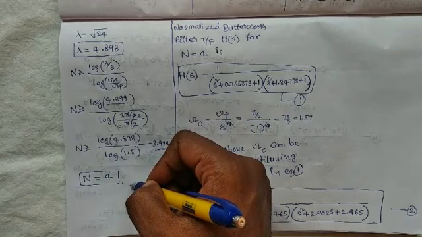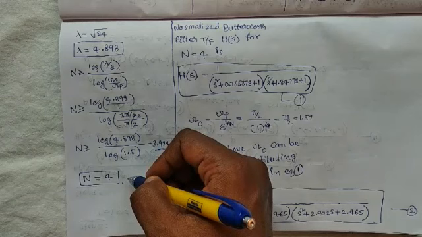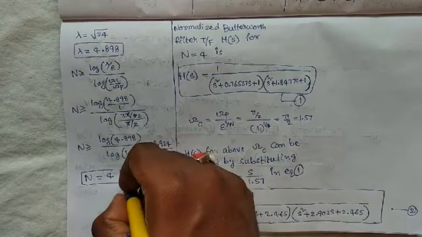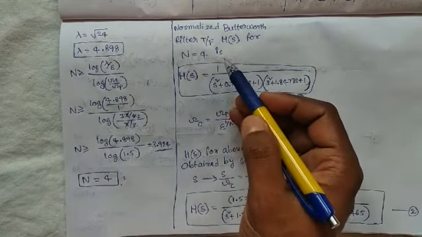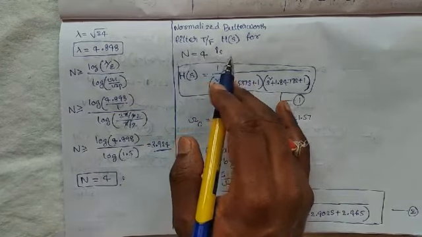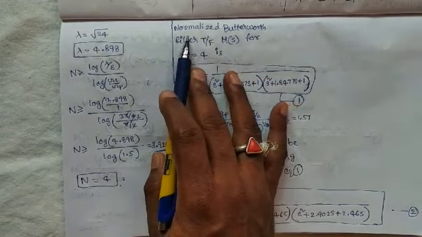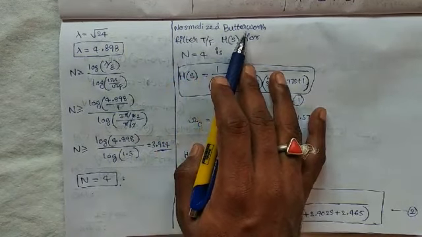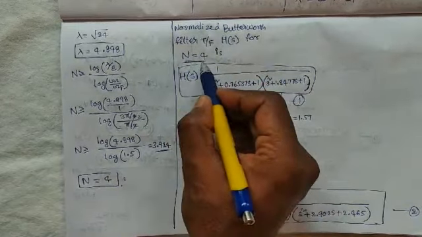The following steps are used to design the analog Butterworth filter. The first step is determining the order of the filter. The second step is rounding it to the next integer value. In the third step we are determining H of S for the normalized cutoff frequency, that is, the transfer function of the normalized Butterworth filter. Here that means H of S for capital N equal to 4.